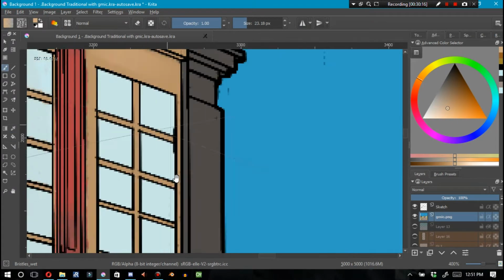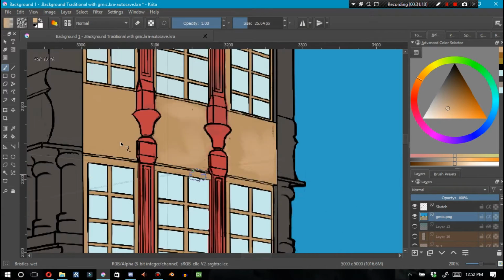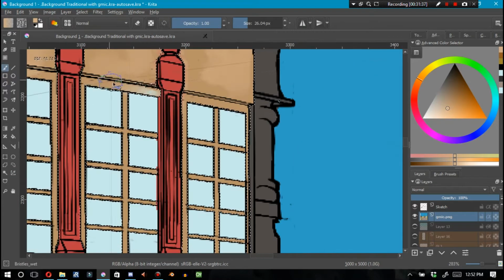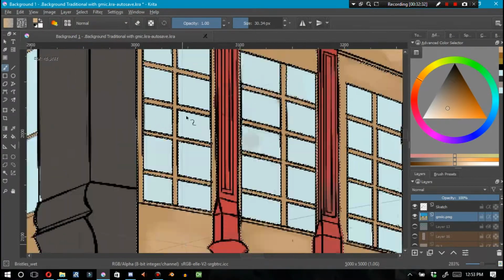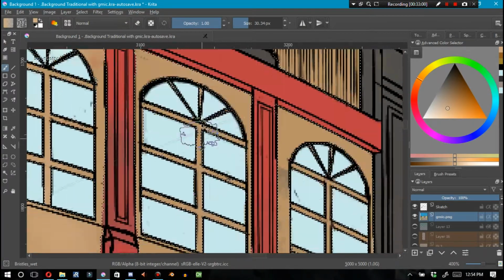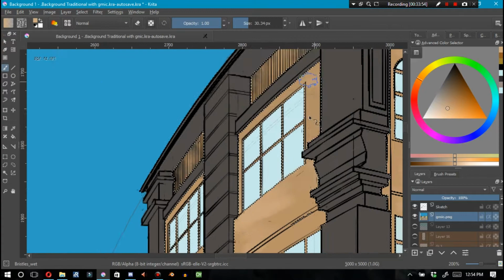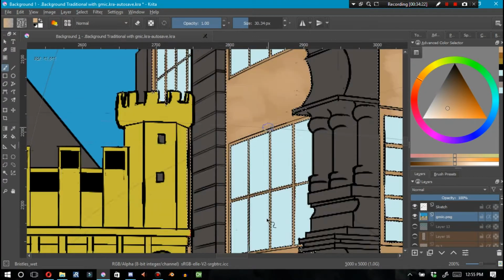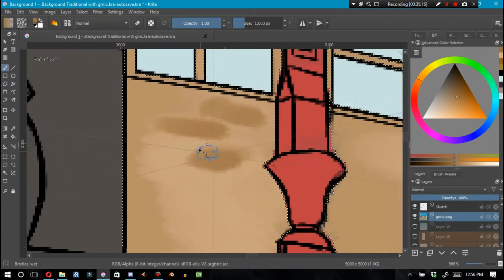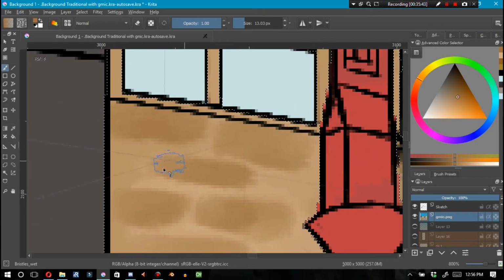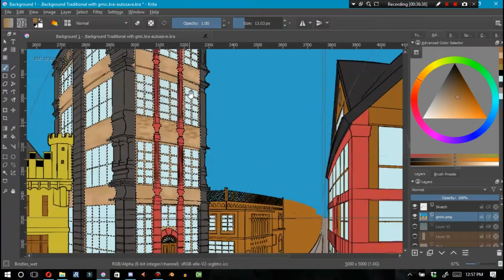And here I'm applying the brush texturing using a wet brush. Most of what I'm doing at this point, there's really no true thought process right now. I'm not really thinking about having a variety of values, because adding the light source and placing down the shadows and everything like that comes later, at least in the workflow that I've decided to go through at this point in time. I'm just basically making textures. As you can see, I'm adding the impression that there's brick on these buildings, and